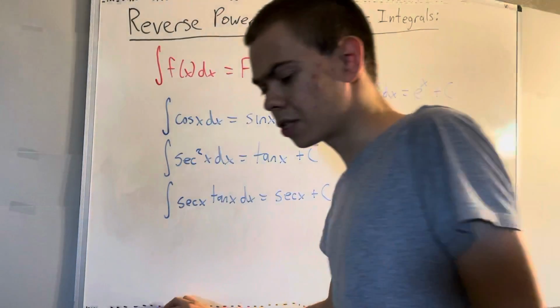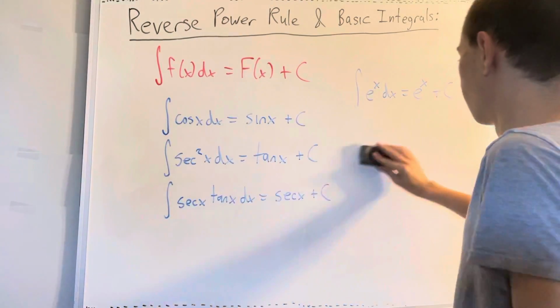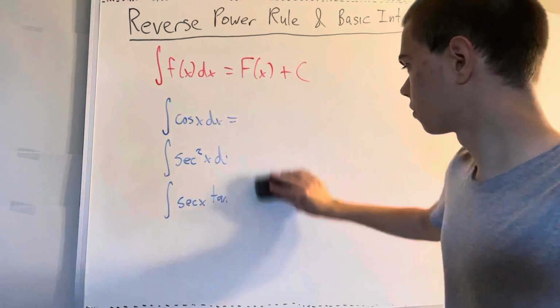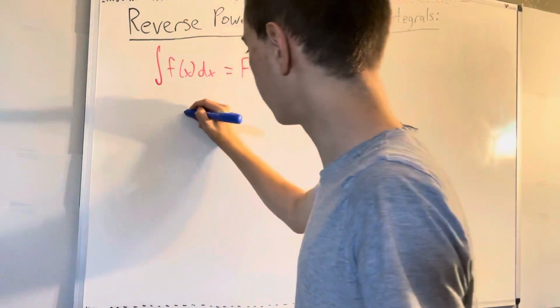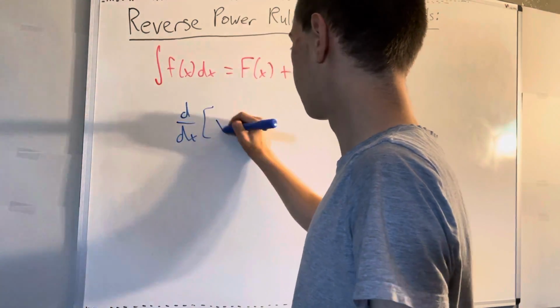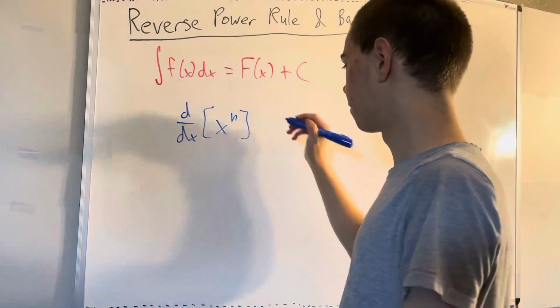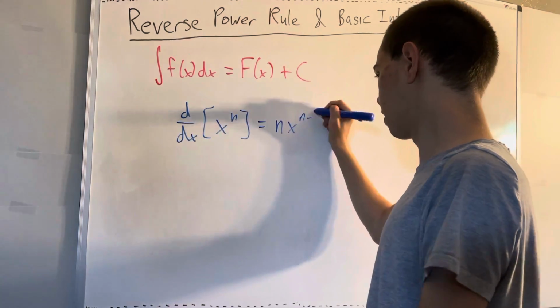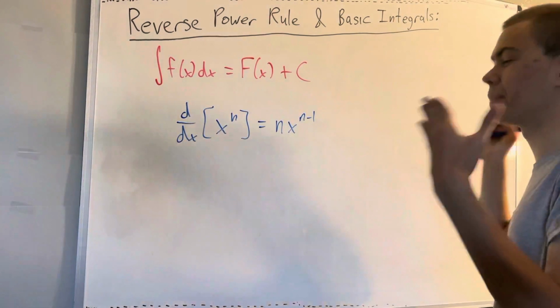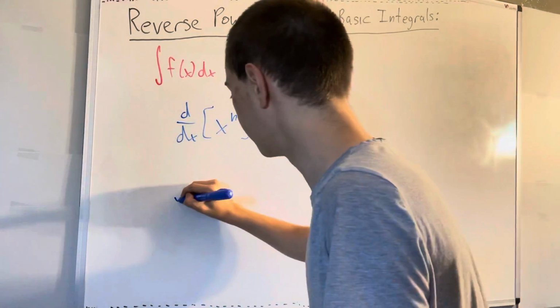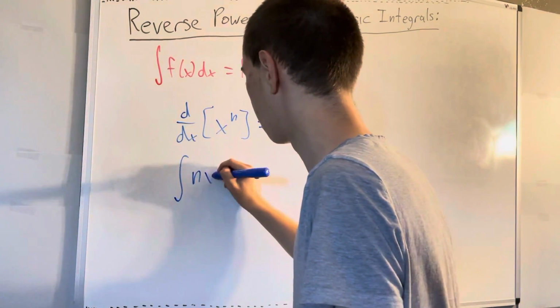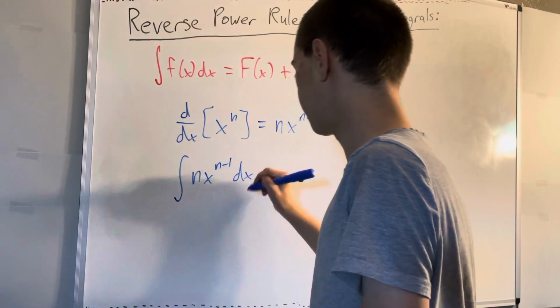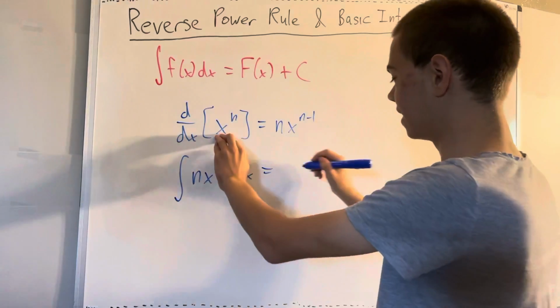All right, so now we're going to talk about the reverse power rule. We remember from the power rule that if you were to take the derivative of, let's just say, x to the power of n, we know that this is going to be n times x to the n minus 1. That means if we were to find the integral of n times x to the n minus 1, then this will be x to the n, because it's the antiderivative,